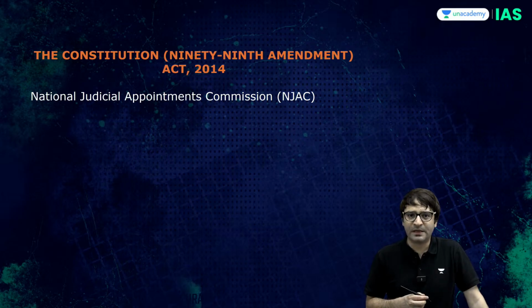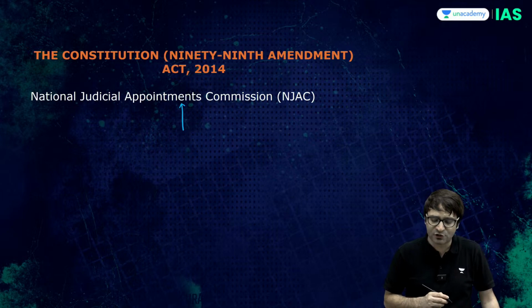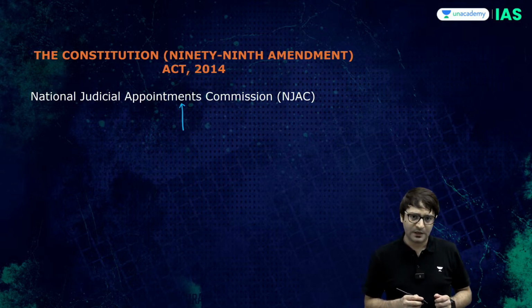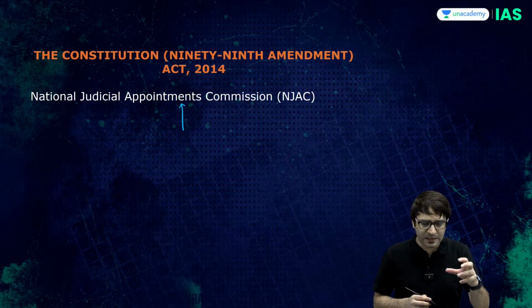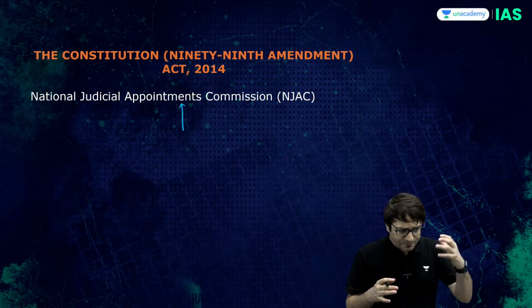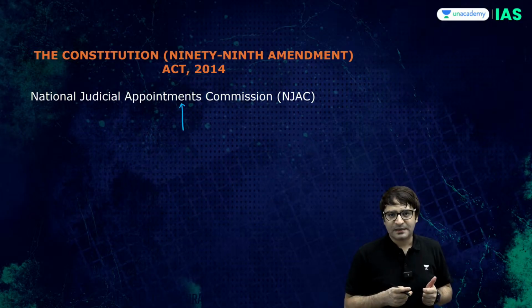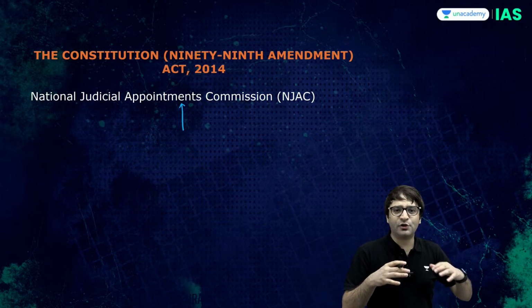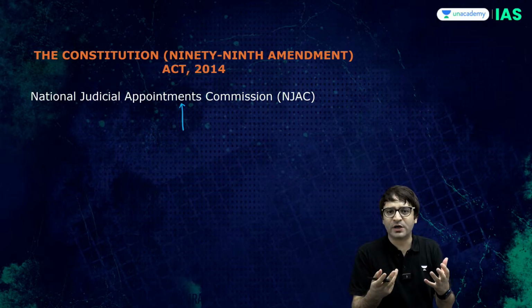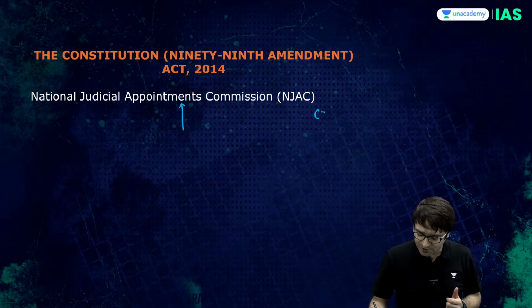The 99th Constitutional Amendment created a constitutional body called NJAC, National Judicial Appointments Commission. So it was argued that the current system of judicial appointments, which is done by the president after getting the recommendations by the collegium system, should be done away with, and we should have a different mechanism of appointing judges called NJAC, which would consist of the Chief Justice of India,